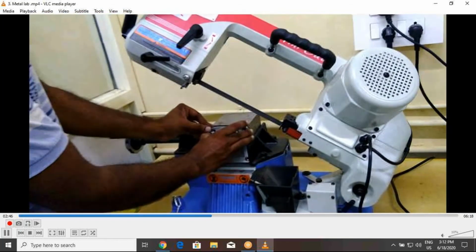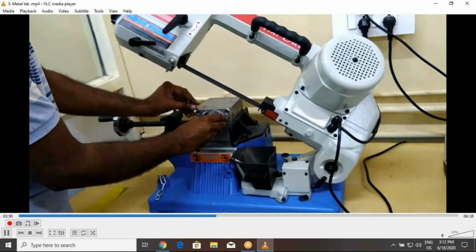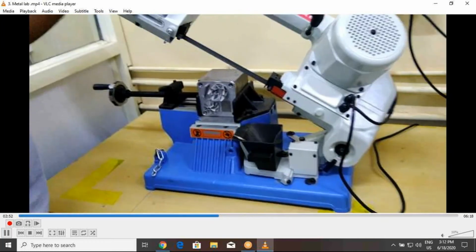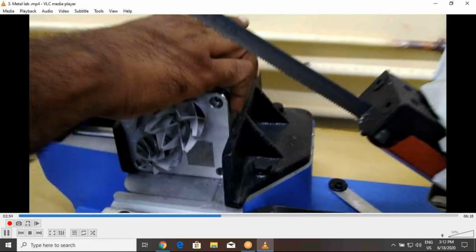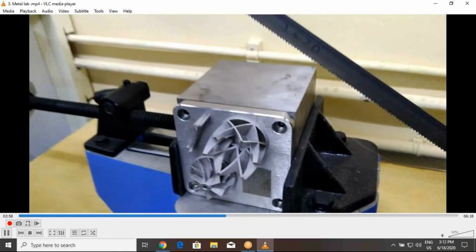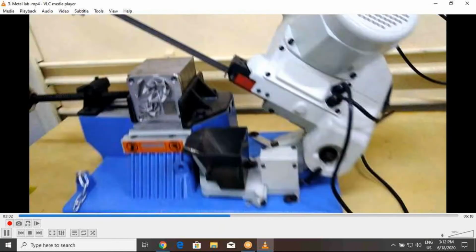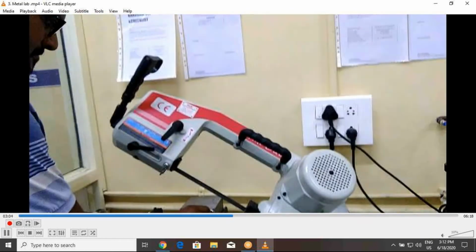Like this, we fix the build plate here, switch on the bandsaw, and remove the material. We press the bandsaw handle and remove the material. After removing the material, we will take it out.